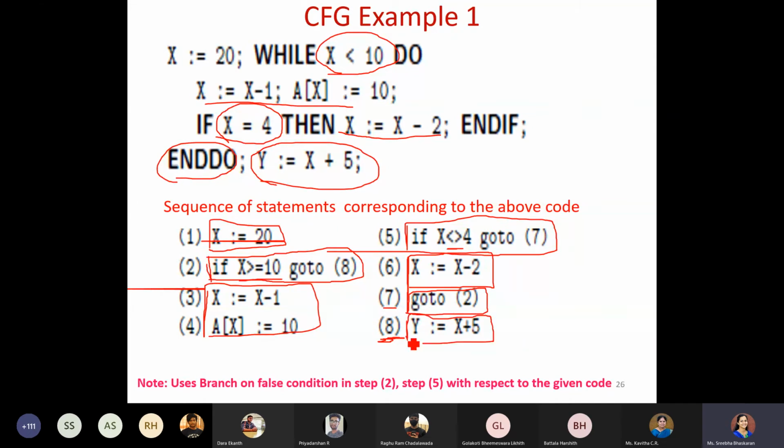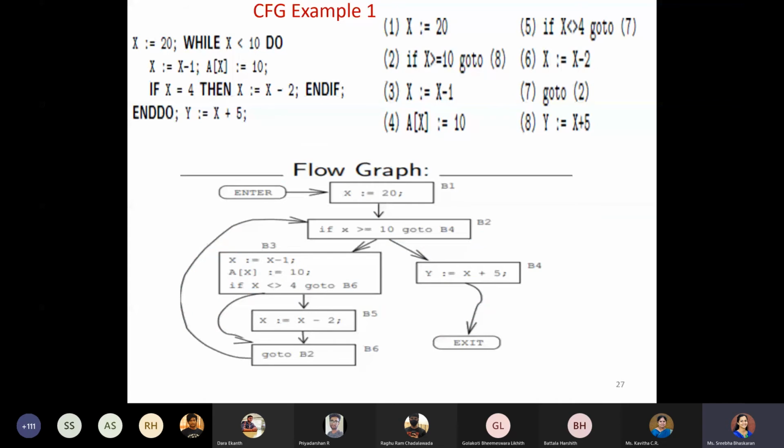How do we form the basic blocks? First you number the entire code snippet and then identify based on the labels. After identifying the labels and rewriting your statements here, first you have to find out wherever you have your conditions, like the if part, which is one condition, that is, whenever you use go to statements, you make it a basic block. After that, whatever left out things are there, you make it one single block. Is it clear? So keeping that, it will be mentioned like this.